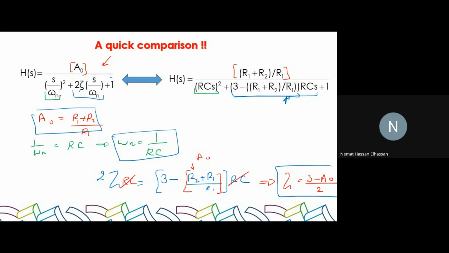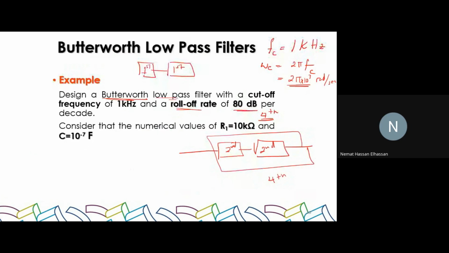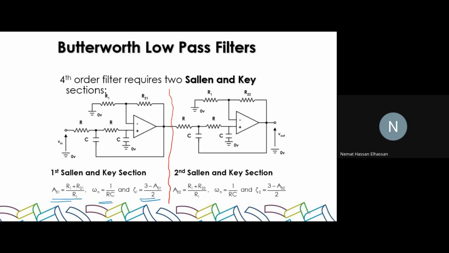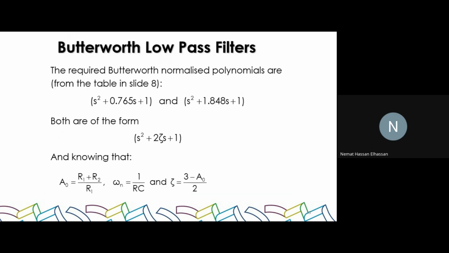اللي هي المعادلات دي اللي هم الثلاثة اللي استنتجناهم دول. أوكي؟ في نفس الوقت عارفة إنه الفورث أوردر عنده معادلة معينة، صح؟ طيب أنا حجمع المعلومتين دول وأبدأ أقارن، حأقول أوكي فورث أوردر معناها 2 سكند أوردر موصلين مع بعض، وكل سكند أوردر على حدة عندها قوانين تابعة للسكند أوردر أناليسيز اللي أنا عملته. في نفس الوقت ممكن أعتبر إنه الفورث أوردر الجديدة دي اللي هي عبارة عن A0 على S تربيع زائد 0.765S زائد 1 ضرب S تربيع زائد 1.848S زائد 1،